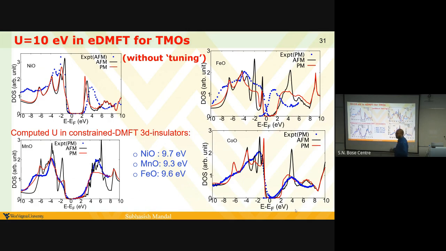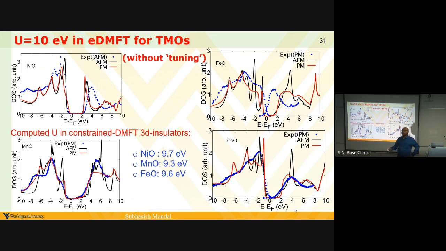Similarly, you can get the J. The examples you are showing are all late transition metals? Yeah, so these are the same examples I was showing for the nickel oxides or iron oxide, where I do not tune. If you try to do it for vanadium only, then the problem will arise much more, the sensitivity.